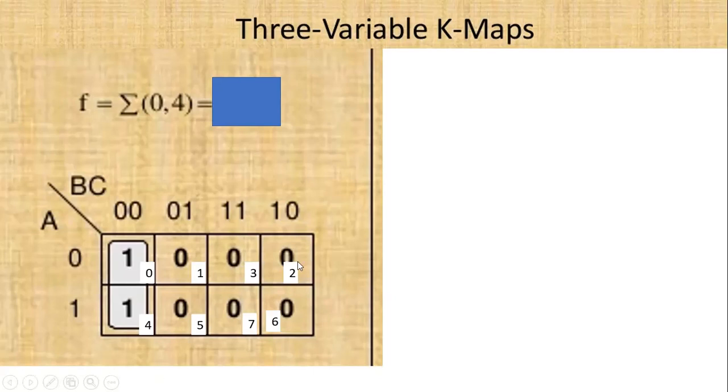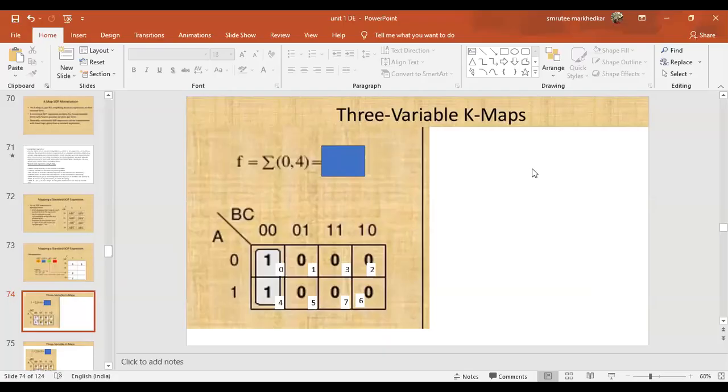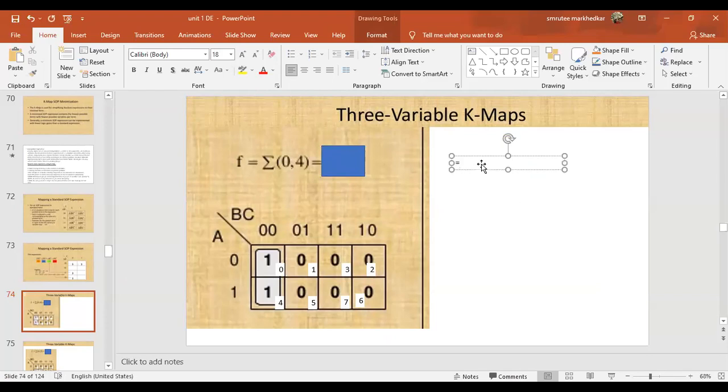Now we will see, is there any possibility of combining these two ones? So yes, since 0 and 4 are very close to each other vertically, we can convert it into a pair. Now how to solve it? Let's see the 0 position. So 0 position says A bar. I am taking this A bar. Other two are B bar and C bar. Next, remember this is in SOP form. So first I have done product, then I have done summation.